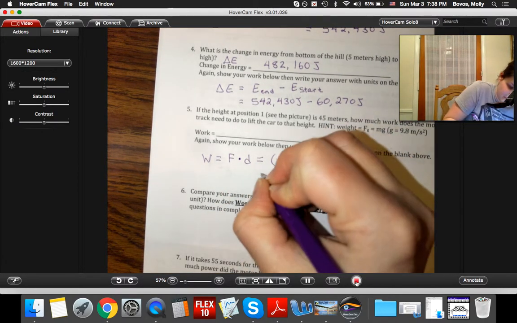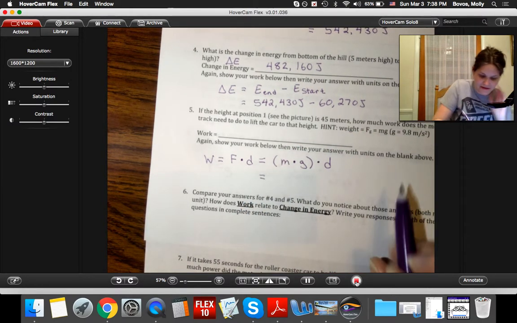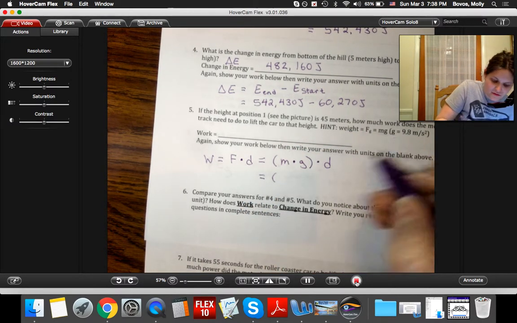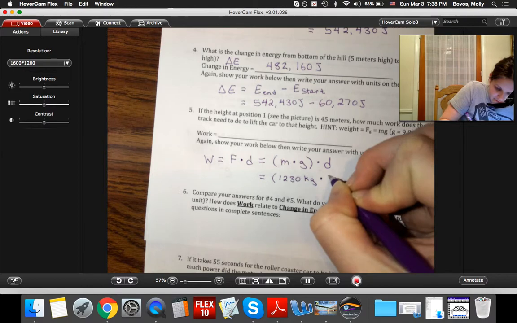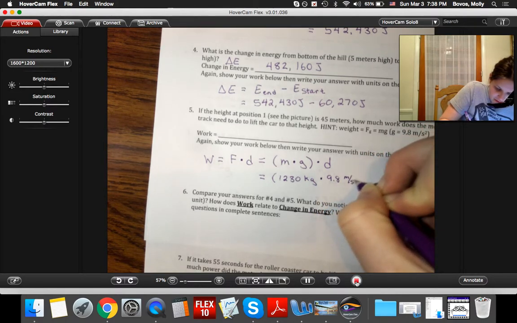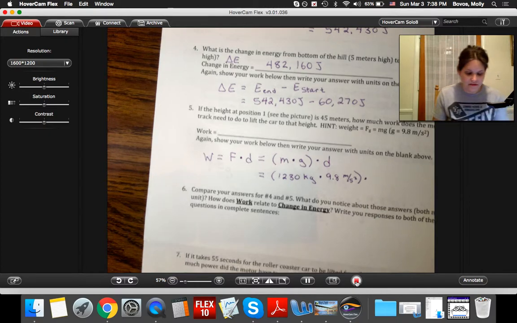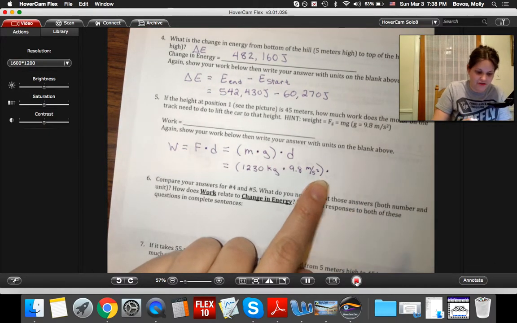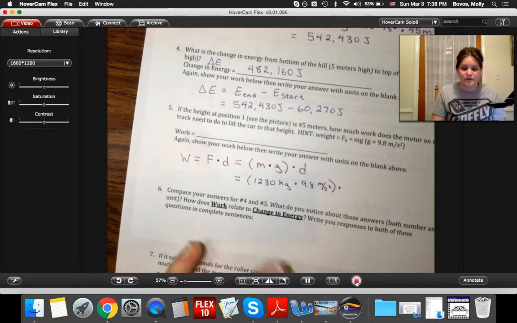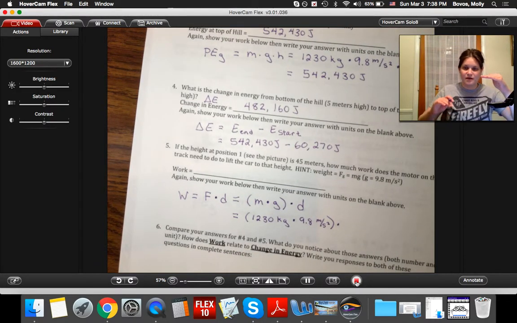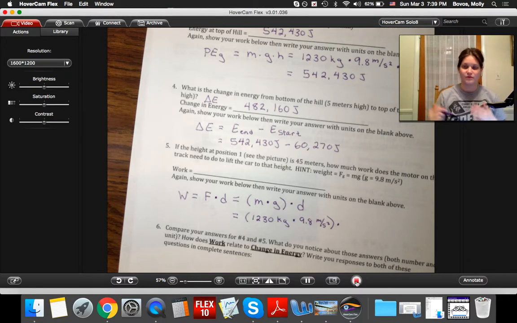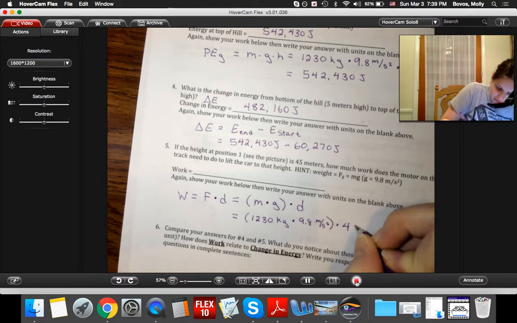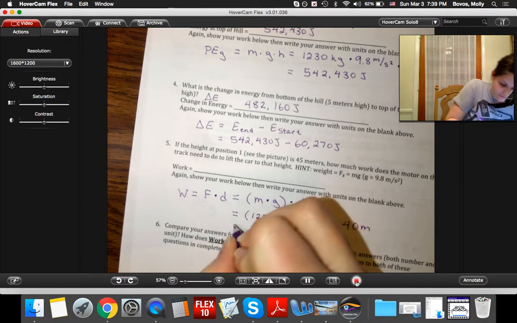Okay? So that is going to be, my mass is 1230 kilograms times 9.8 meters per second squared. And then we're going to multiply that times the distance that we actually lifted. So remember, we looked at where we were at 5 meters high and where we were at 45 meters high. Now we're talking about just that change. The actual distance that we lifted was only 40 meters. So we're going to multiply that times 40 meters. That is equal to,